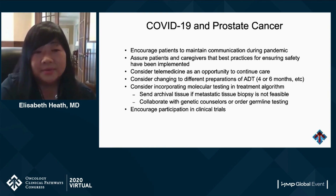And lastly, we are all in the midst of COVID, and the number one question I get now is, what do we do with COVID-19 and prostate cancer? And I think the answer is, we keep going. We encourage patients to maintain communication during the pandemic. Please assure them that their caregivers, that means you, are using best practices. And sometimes we can use new technology like telemedicine, or something like old technology like the telephone. And I think it's important to know that it's really just maintaining communication in any form